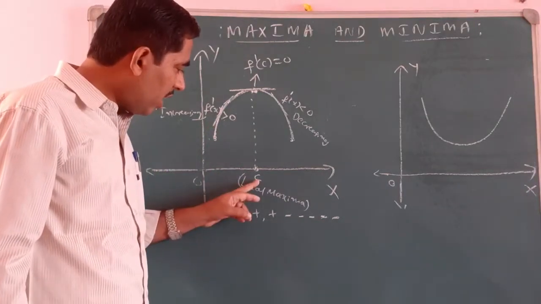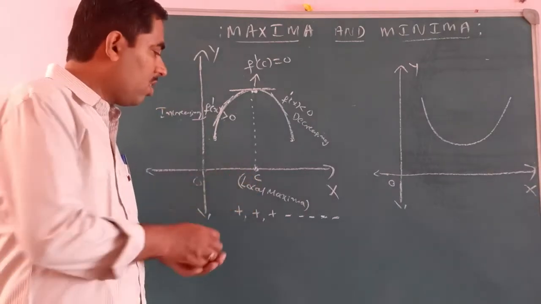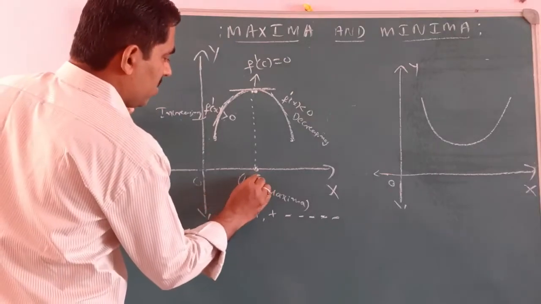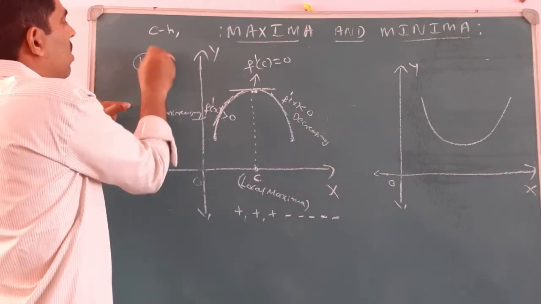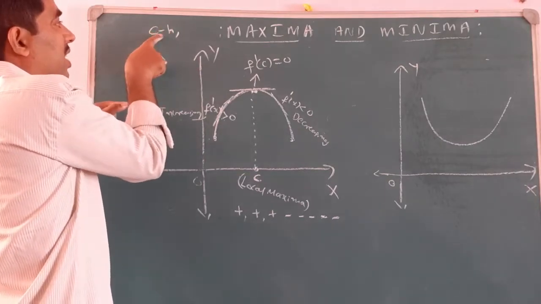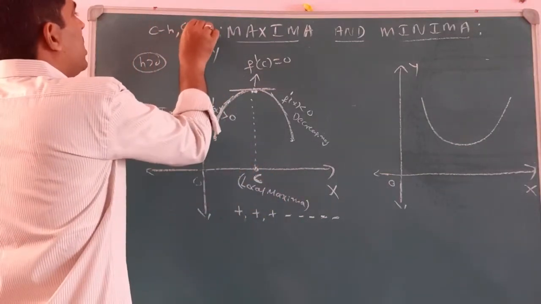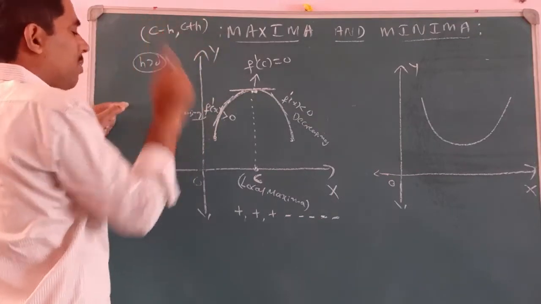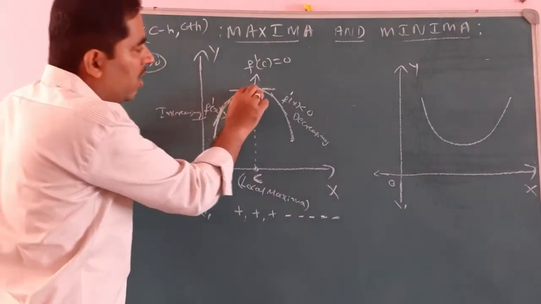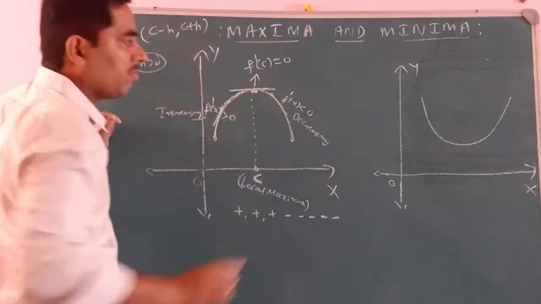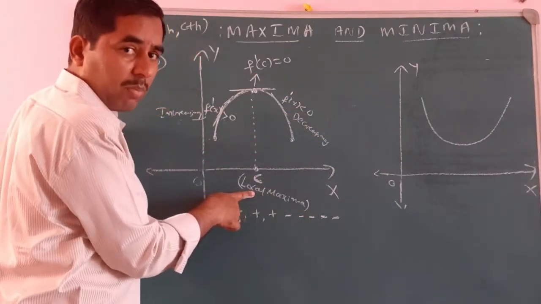To the left of that point we will have some numbers, say c minus h, where h is greater than 0, so all the points to the left side of c are c minus h. Then we have some points to the right side of c also, denoted by c plus h. See this interval, c minus h comma c plus h. The curve begins its journey from this point, attains this point, and continues again. Increasing to decreasing, that means we get a point, and that point is called local